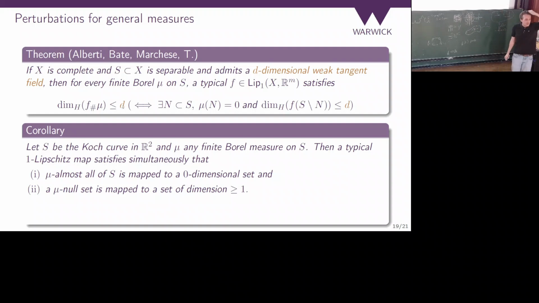We can kind of do that. There are two problems. First, what we do here is we use the fact that since S has a d-dimensional weak tangent field, every Borel measure mu on S has at most d independent Alberti representations. To flip the statement, you would need to show that if S has a d-dimensional weak tangent field and d is optimal, then you can construct a Borel measure mu on it which actually attains that number, which is a non-trivial statement. We don't know how to prove that.